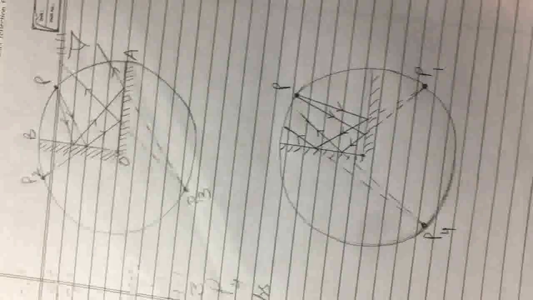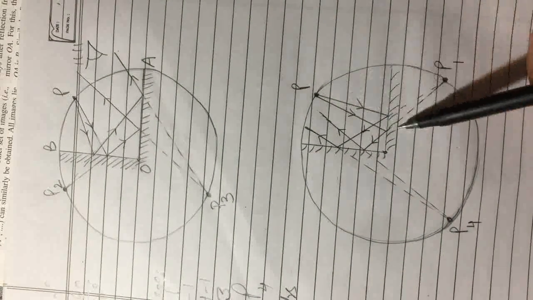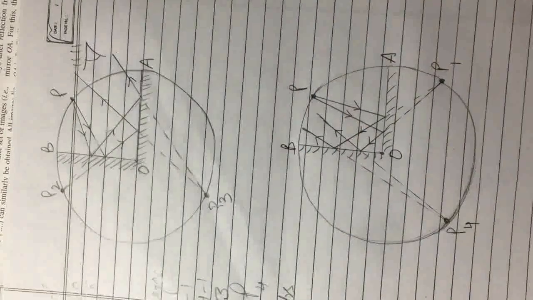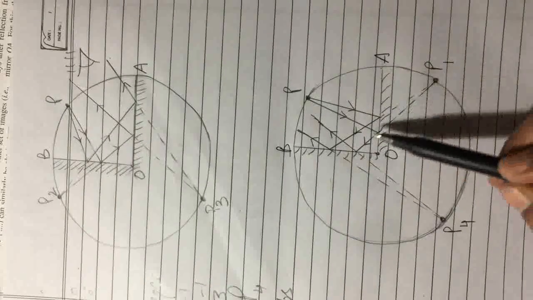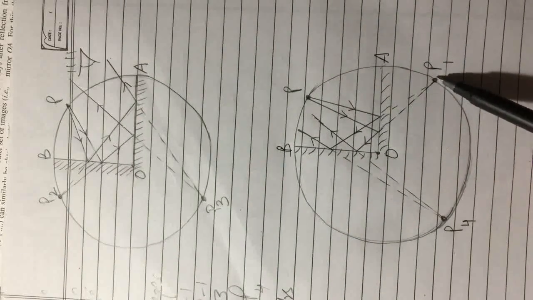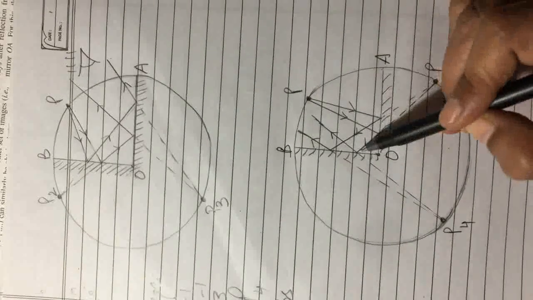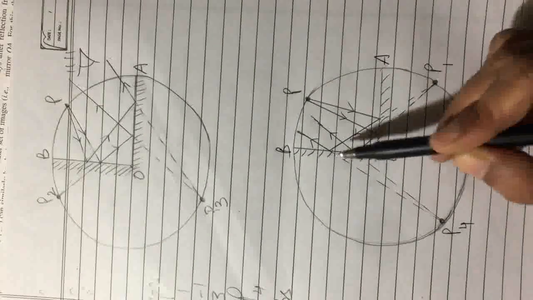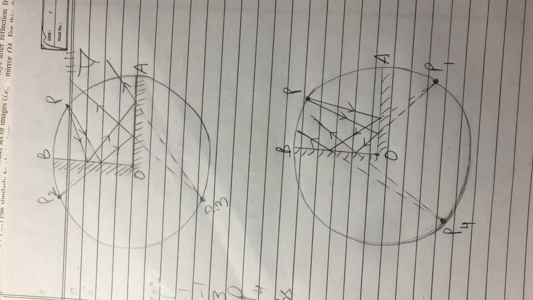The second case is that there is another possibility: the two light rays may fall on mirror OA first, rather than falling on OB. They will be reflected like this, and when the reflected rays are produced backward, we get image P1. These reflected rays, when they fall on OB, are again reflected, and when produced backward, we get another image P4. Now in total we are getting 4 images.